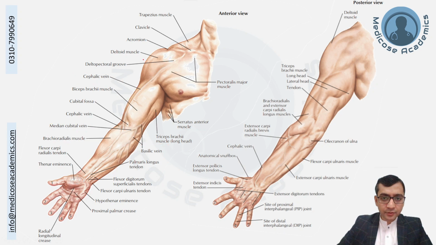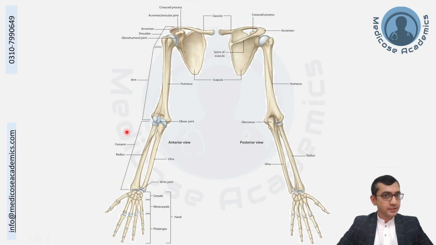You can see the prominence of the shoulder here, the elbow joint here. You can see, feel the bones here. We will discuss each of them as we move along. Let us talk about the bones. I will be using in my lectures